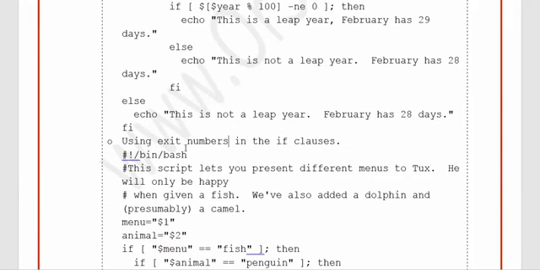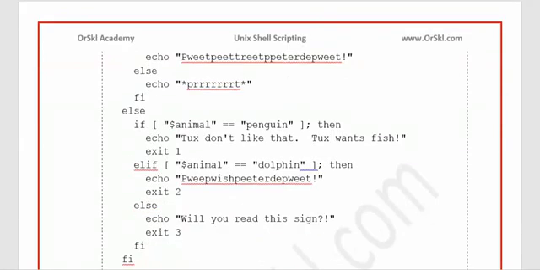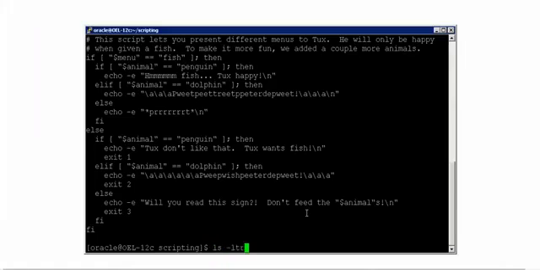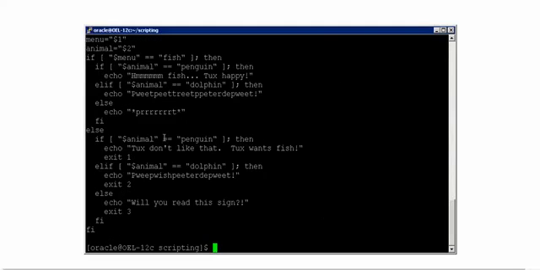So this is what we have used. Using exit numbers in the if clauses is what we have used. That means the file name that we have given here is exit test. Alright, so the same script I have written here again, but now instead of just using echo,